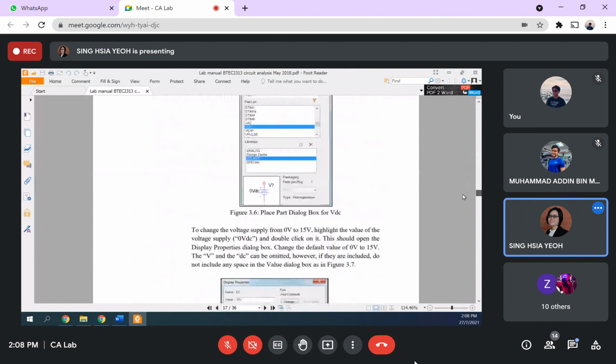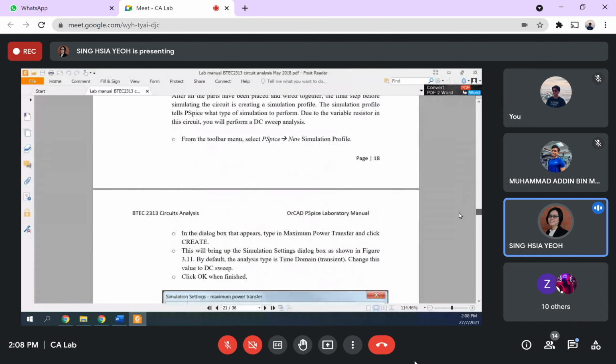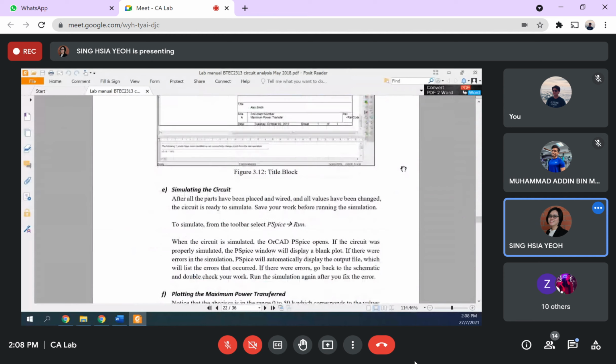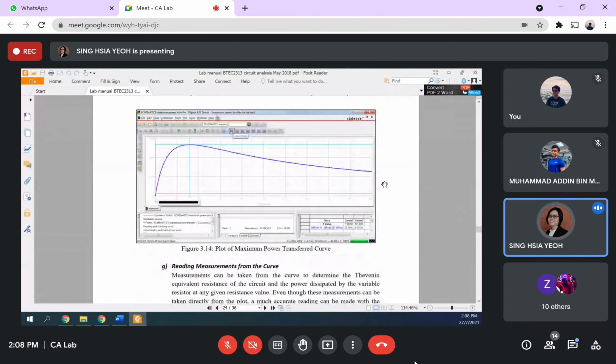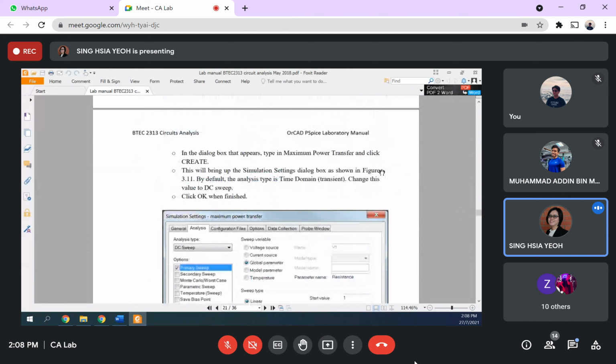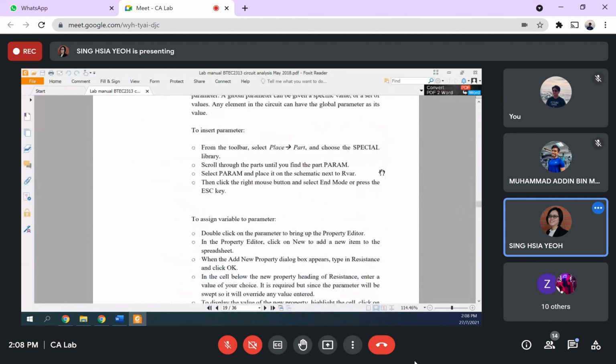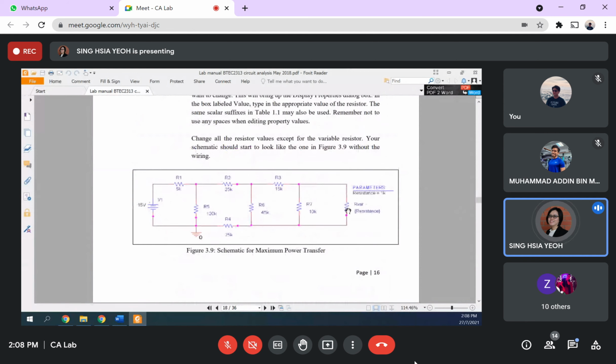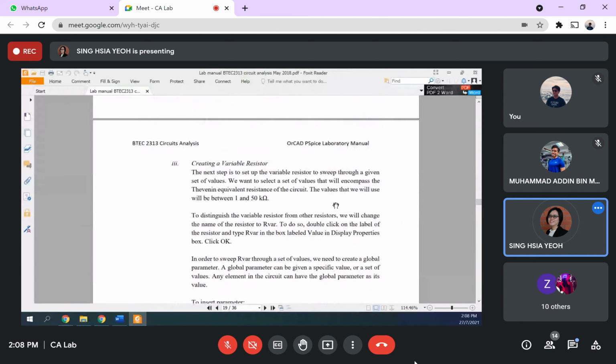So you should already know how to draw the circuits, draw the components. Okay, where's the circuit? Something like this. Okay, then